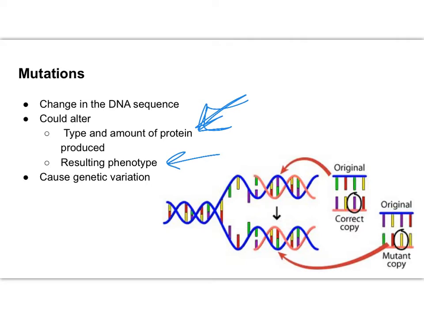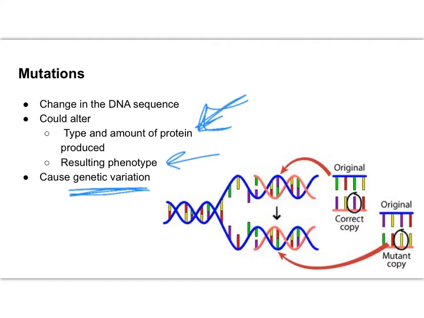Okay? The benefit to these, though, is that it's going to help cause genetic variation, which we like, right? Remember, that was the whole purpose of meiosis, was to help cause genetic variation. So the normal function of genes and their products gives me the normal function of the organism. So if I alter or change it and I get new phenotypes, that could be good, that could be bad. A brand new phenotype is either going to be good or bad. It's not really going to be a silent situation. Okay, but these mutations are definitely a source for genetic variation.